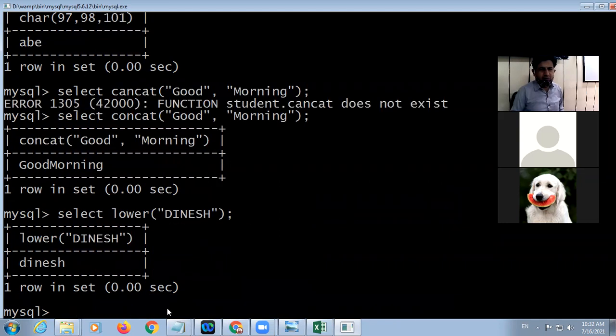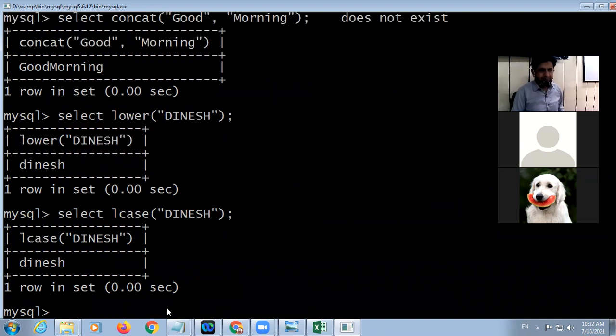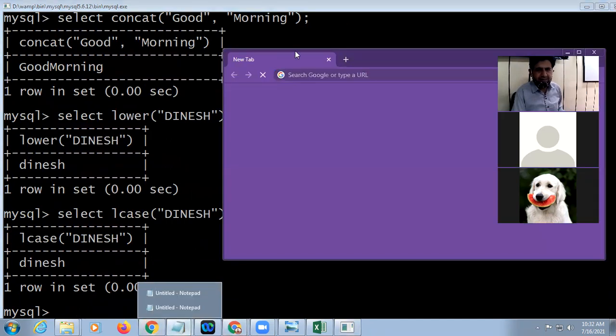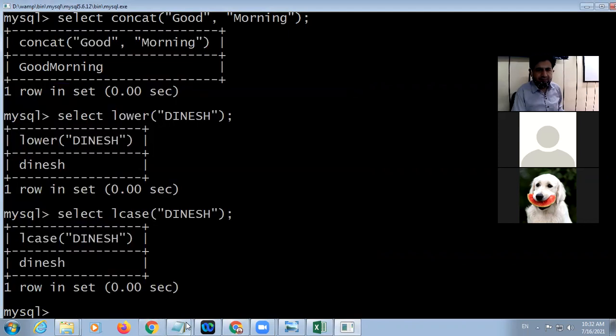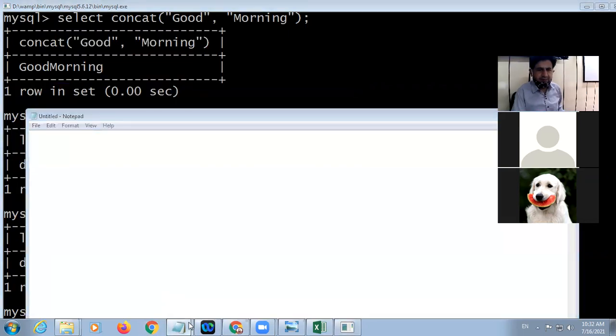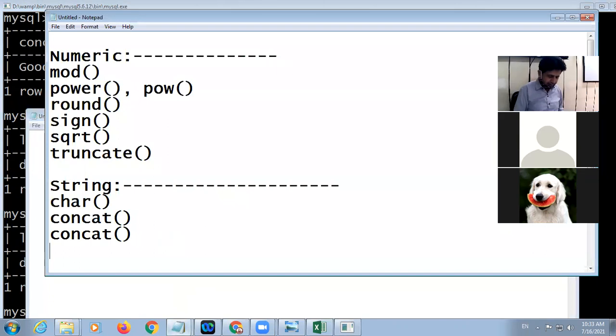So convert into small case. You can also write here L case. Same thing. So here is L case. Here is L case or lower.